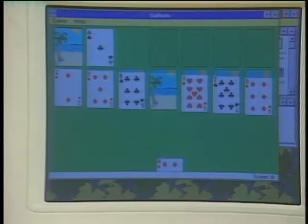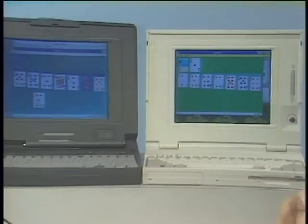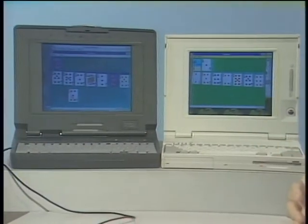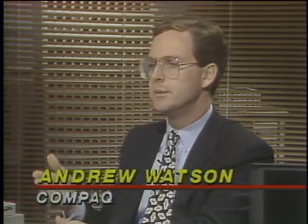All right, now what is the cost difference? What am I saving by making this compromise on this kind of display? Well, the Contura 325C starts at a list price of just under $2,500, and the Lite 425C starts at a list price of just over $4,000. So there's about a $1,500 delta, which is the CPU difference, plus the display difference, plus the trackball. And the Lite 425 is a docking station-based system, so you can actually plug it into an